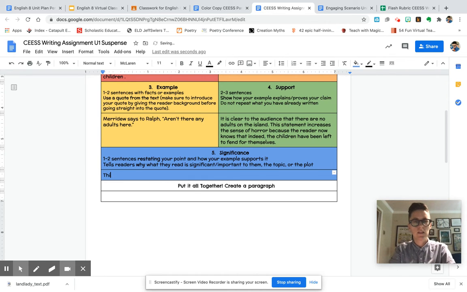Okay. This is important because, and let's think about why for a minute. Why is having a group of children left alone on an island significant? Why is this important? So I'm thinking about that right now. So I'm thinking about this is important because